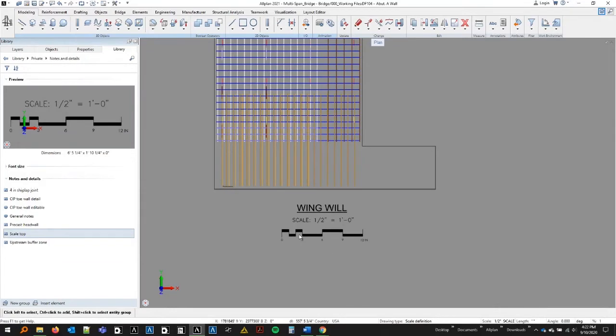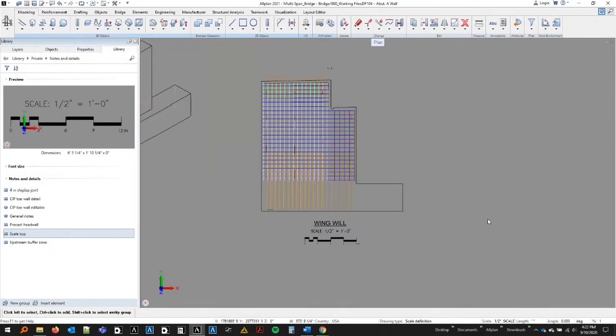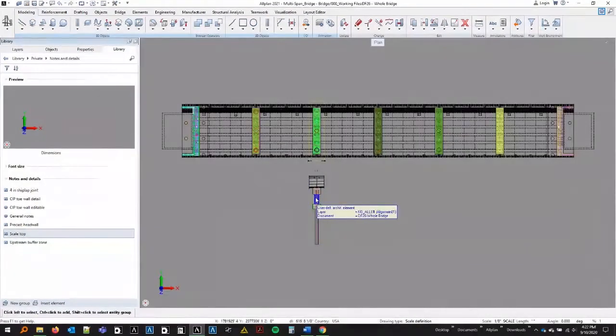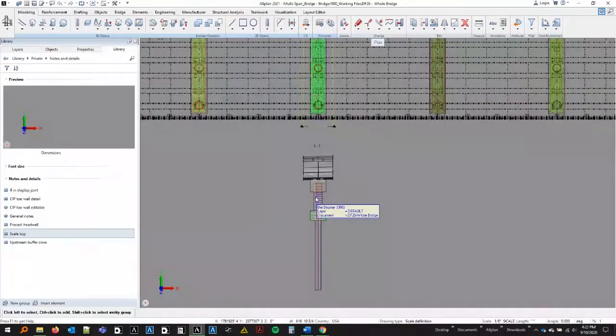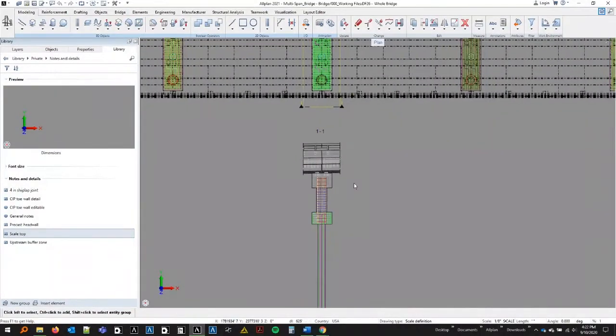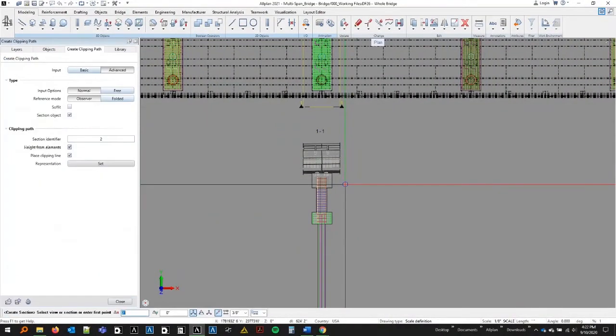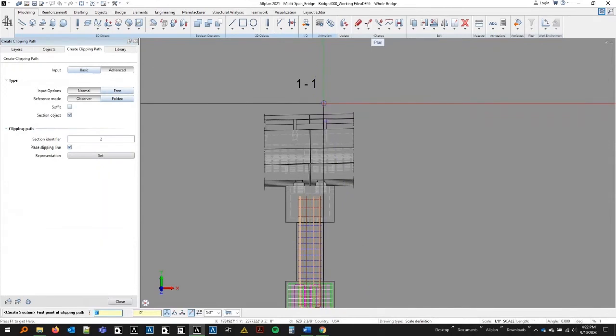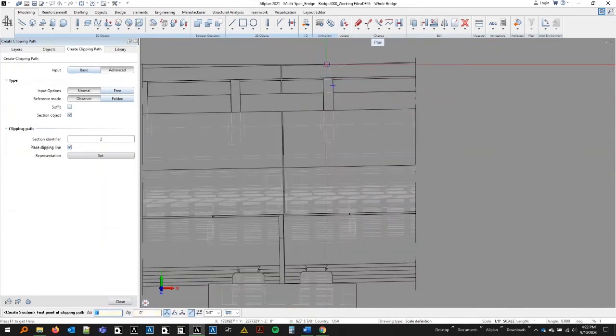And we're going to flip it back over to the entire model real quick and look at a special type of section cut and some more of these drawing type properties that we can use. So here I have my entire bridge. I have an elevation section I've taken from the side. I'm going to do a section cut inside of a section cut. So I select my section. Now I'm going to want to take a section that goes through my parapet, through my bearing pad, and through my pier. So what I'm going to do here is start my section cut up above,